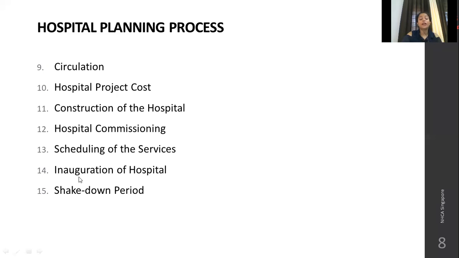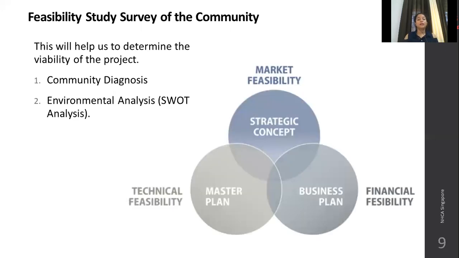Shakedown period, it is a learning period where obviously when you start a hospital, it starts functioning for the first time, there are some hurdles or some mistakes and some barriers may come in the smooth functioning. So in the shakedown period you will learn how to overcome this. So, feasibility study,